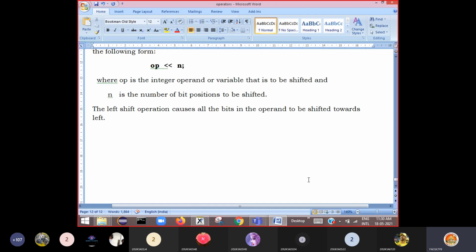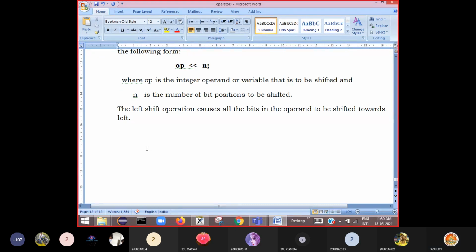When you move all the bits towards left, what happens? The leftmost bits will also move. There is an empty space created here. Okay, so I'll show in the example. What happened means the leftmost n bits in the original bit pattern will be lost, and the